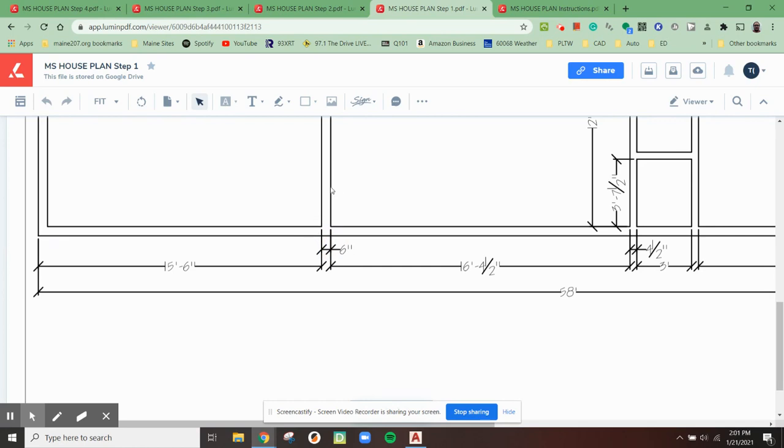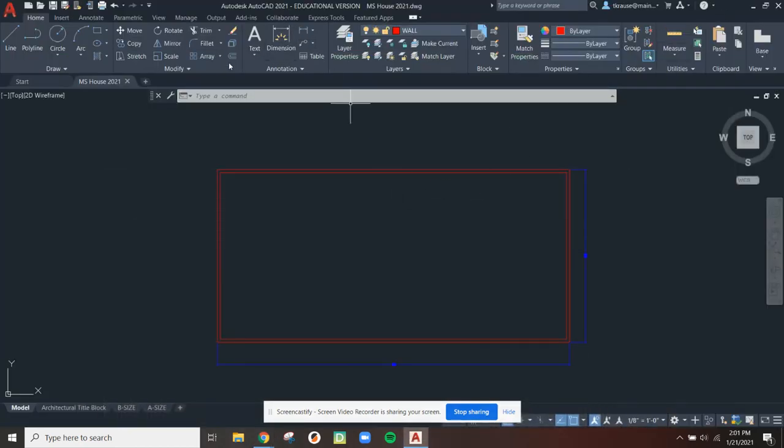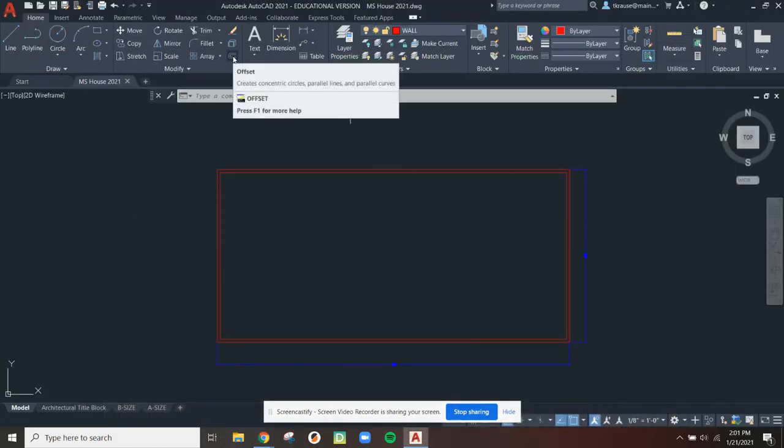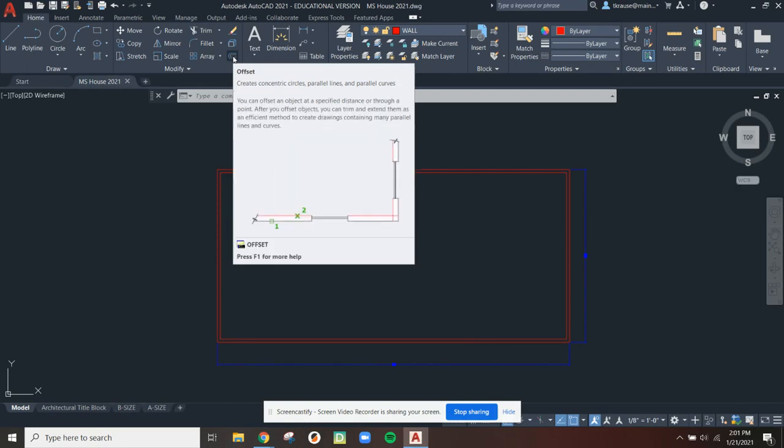Being thick like that allows us to have more insulation. So again, we have a more efficient house, and it also allows us to have less sound. So 15 foot 6 inches from the outside edge of that wall. That's my next move. So I am going to use offset in a lot of my creations here, or a lot of the wall creations,